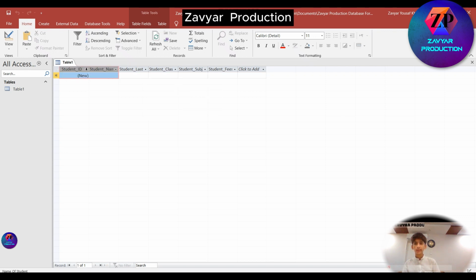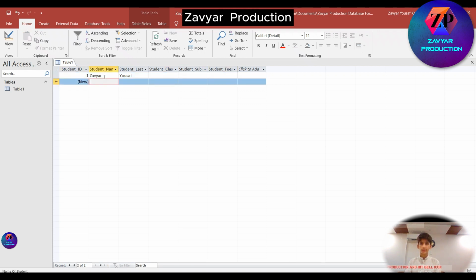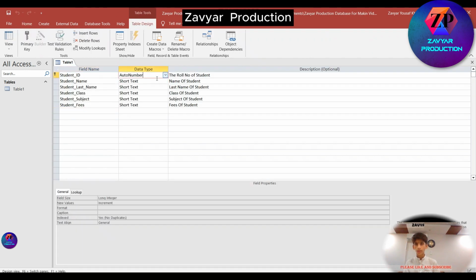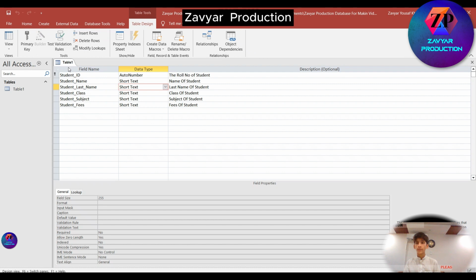You can change the field from here like that. Short name Zavyar, last name Yusuf, student class, whatever classes, subject, fees, and etc. Now you know the basic structure of the